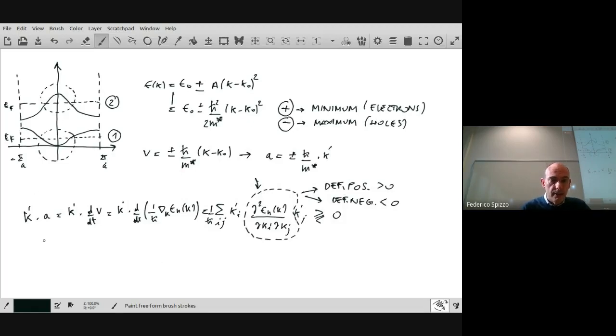And another way to see what is the actual meaning of this matrix, apart from influencing the sign of the scalar product, is just to rewrite the acceleration. So as we have seen here, the acceleration is